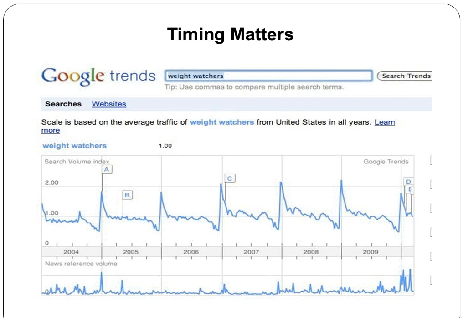So this is Weight Watchers, and what we're looking at is when people Google Weight Watchers in the U.S. And what you see is a very clear timing pattern, right? So we have from 2004 to 2009, and this big line in the middle of each of these years, where you see the spike, is January. So what we see happening, which we probably all intuitively could guess, is that right around New Year's, when people are making their New Year's resolutions, they're Googling Weight Watchers. Next slide. And we see the same thing